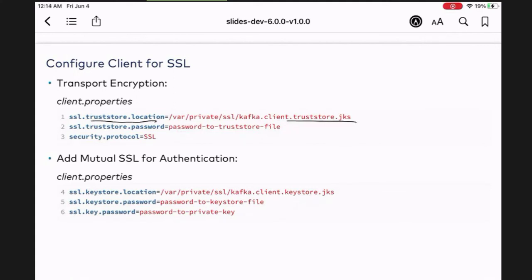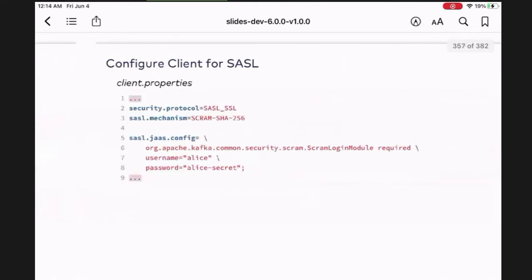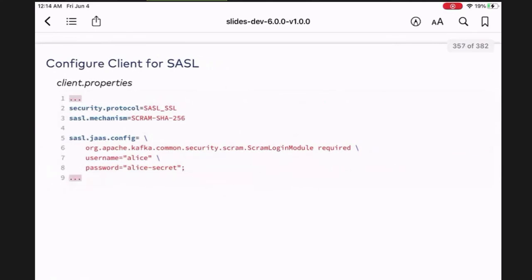It says, look, here's my trust store, here's my password to it, and the security protocols. In this case, you can have a situation where the broker is authenticating to the client, or you can have mutual SSL where the client also authenticates to the broker. So you can have one way or two way when you're dealing with SSL. But this does not tell you how to do anything. It's just saying, look, in Kafka, we can do mutual authentication. And then for SASL, this one says Simple Authentication and Security Layer Handshake.